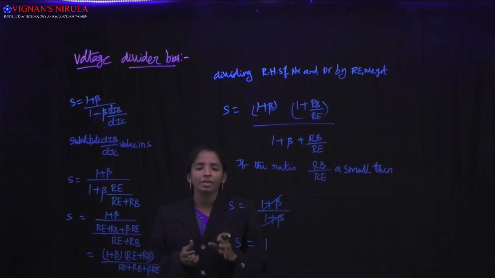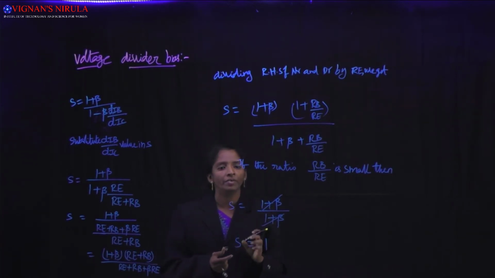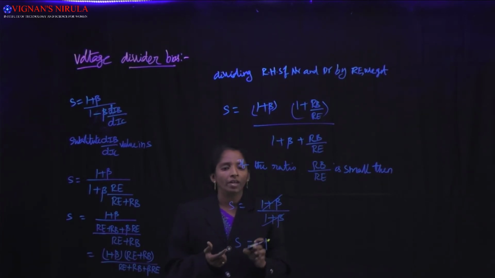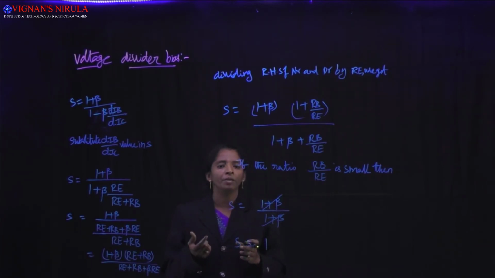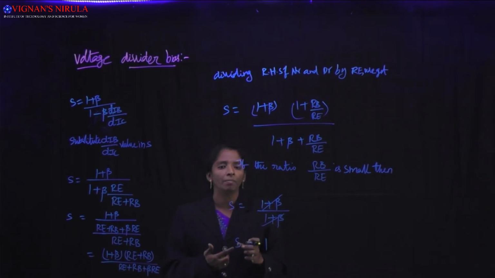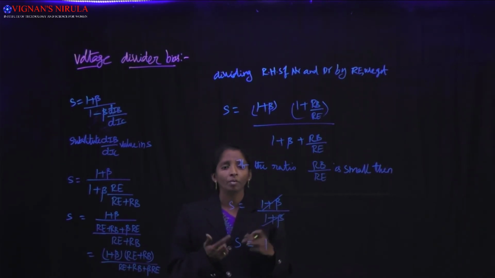So this is a very stable circuit and very suitable circuit because the transistor parameters are not affecting the voltage divider bias circuit. If the transistor parameters are not affecting, the operating point is not shifted to the saturation region or the cutoff region. We are getting faithful amplification. That means we are getting distortion free output. Whatever input we give at the input side, we get the amplified output at the output side. There is no signal loss by using this circuit.